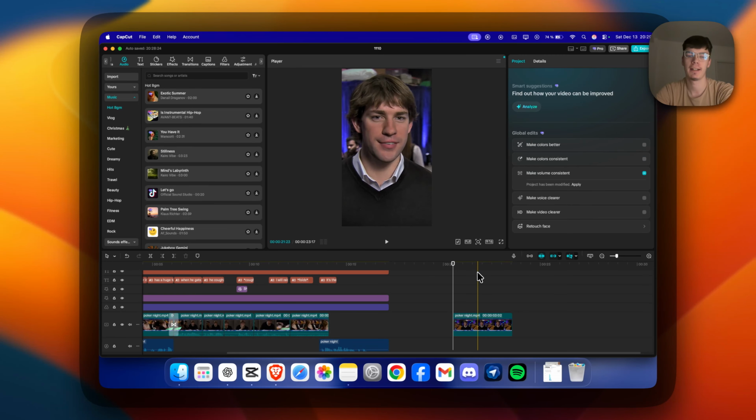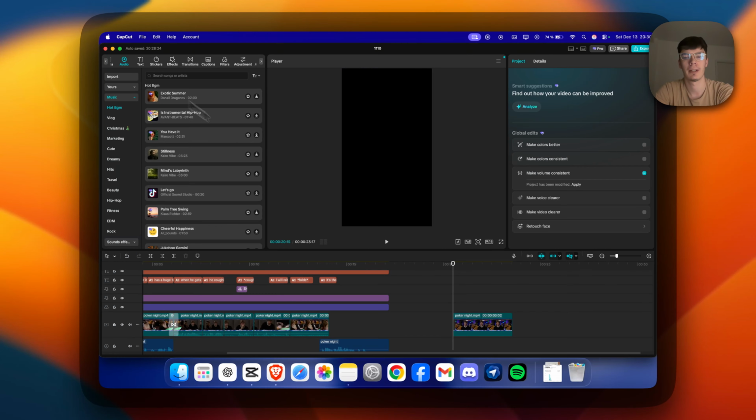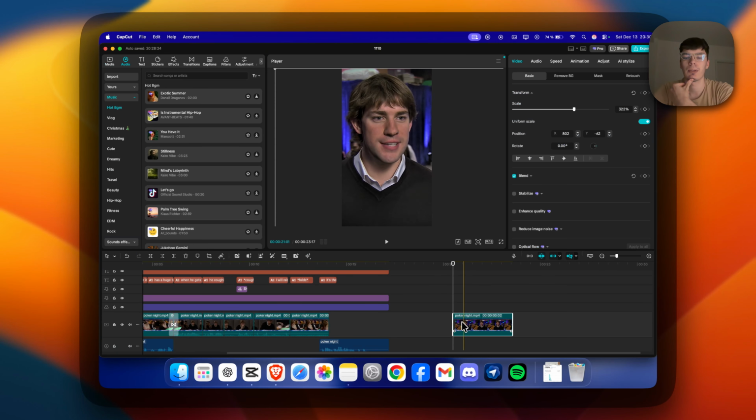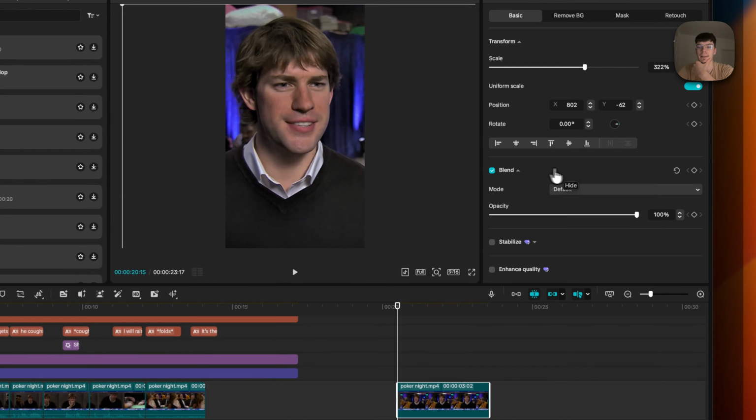How to fade in and fade out the video in CapCut on the Mac. So there are two ways how you can do it. Simply place your clip to your timeline. Now you want to click that clip and make sure you are in video section and go to blend, and